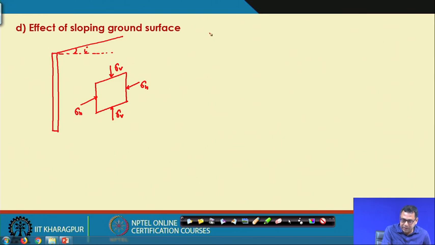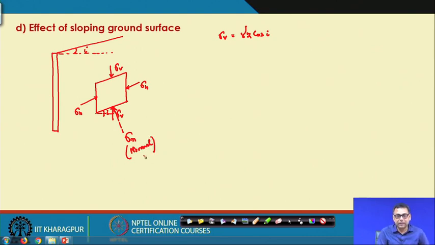So, now this is the element, and sigma v I can write as sigma v is equal to sigma z cos I. How am I writing that? Another thing is that this angle is I. And if I draw a line which is perpendicular to this plane, this is sigma n, or sigma normal.